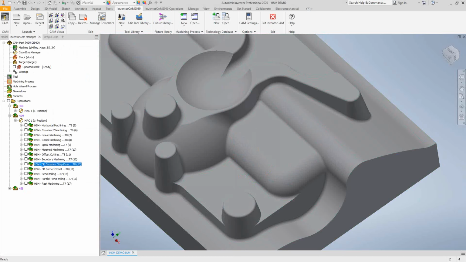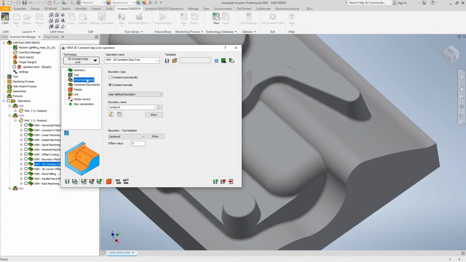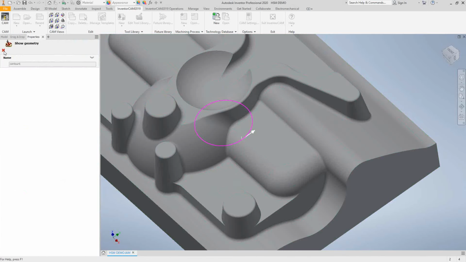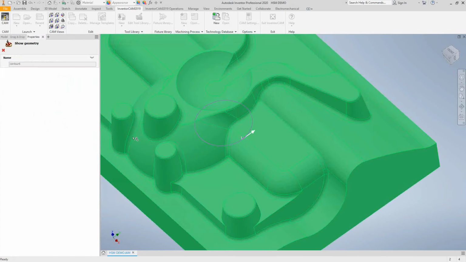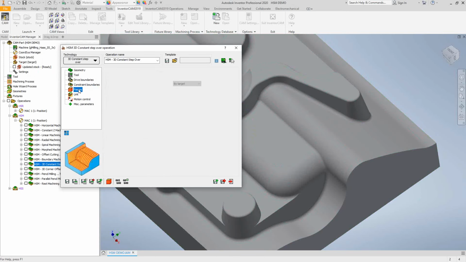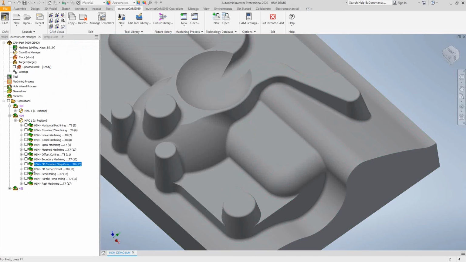3D constant step over is one of the more powerful toolpaths inside of HSM. Again, it has a drive boundary, so I'm just giving it something to follow. In this case, it's just that circle. So I'm going to offset from that circle, and I'm using the same circle for my constraint boundary. I don't want to do it for the entire part. I just want to do it inside that circle onto the face of the part. So again, it's sort of a projection of this offset step over onto the part. If we take a look at the toolpath,